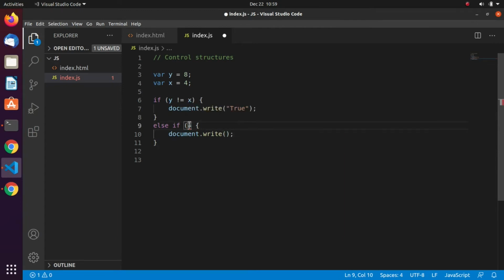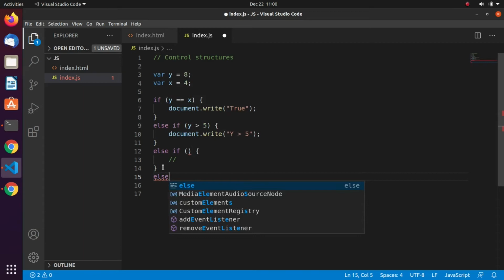For the else if, you can check if y is instead greater than 5. Here I say if y is equal to x, and here I say else if y is greater than 5, then write y is greater than 5. So you can put the else if, that is, if this one is not true, then try this one. If it's not true, you can of course chain many else if, there's no problem with that. You can write some code here, you can chain, and then finally you have an else.